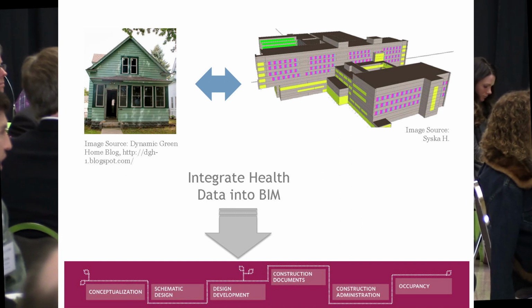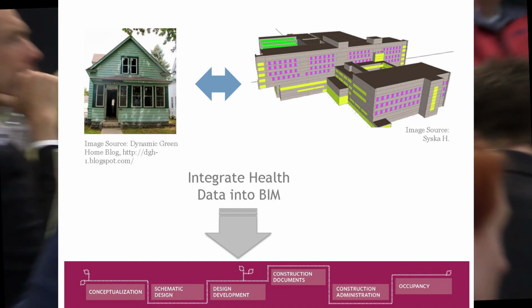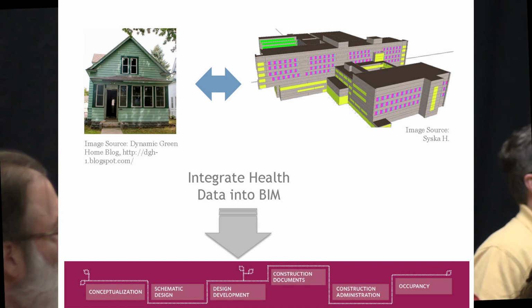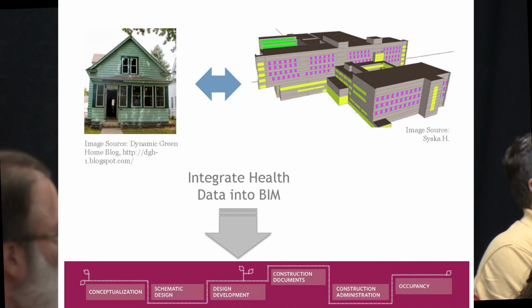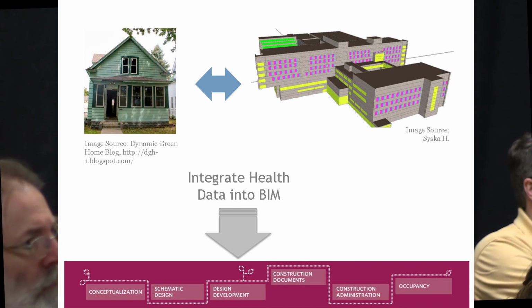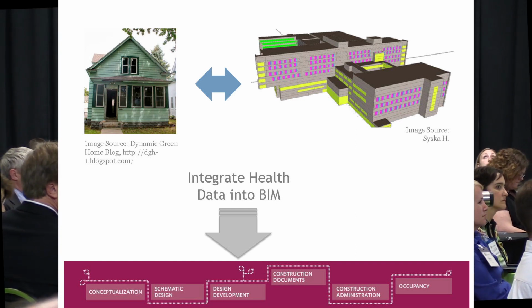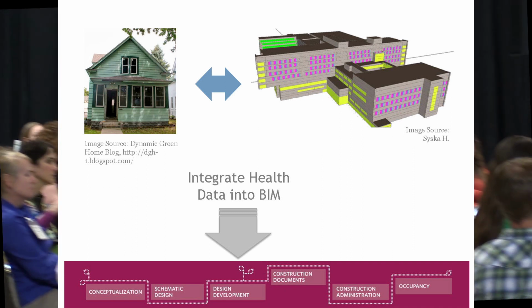Once you've finished with the schematic design phase, the design development stage is when you really start developing the design itself, and that's when you normally would use some sort of computer program like a building information modeling system. Now, you might not do that on a small house as a renovation, but since we were talking about the dynamic green home, I just stuck the picture up there. But I think the key point here is that, I've mentioned and I've showed you guys a number of different types of data sets. There's a lot of interest in the building information management system world, as well as in the geographic information system, GIS world, of